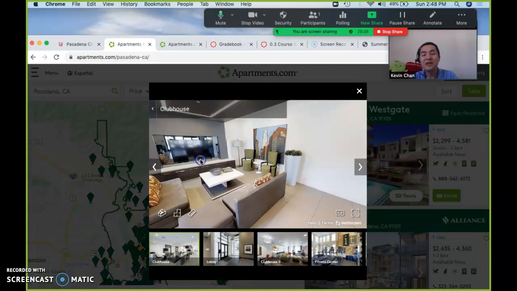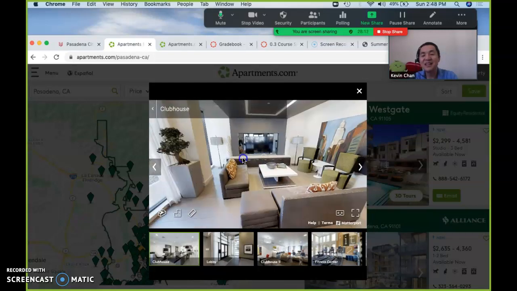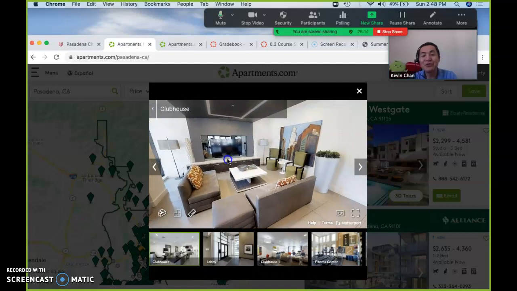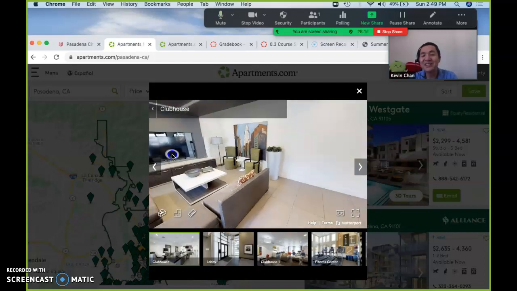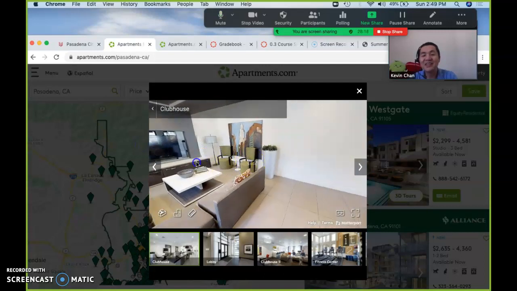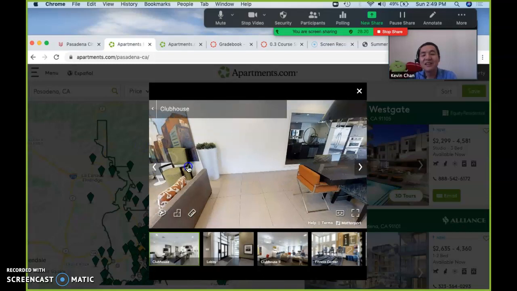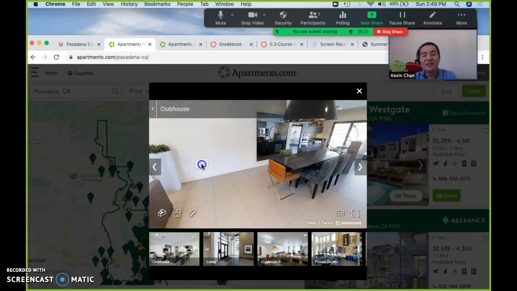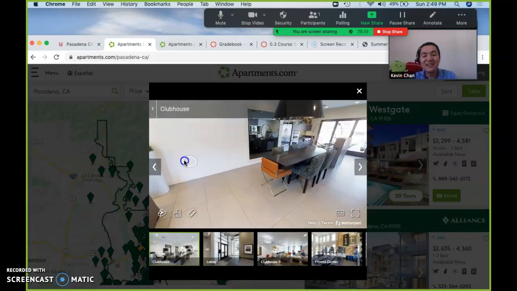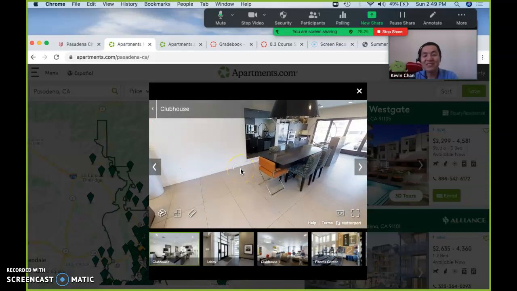Is the apartment beautiful enough? I think the apartment is beautiful enough. What do you think? Would you like to rent this apartment? Think through that.